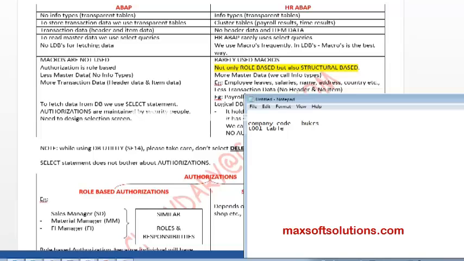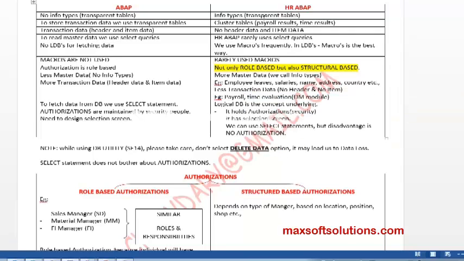If you want to access company codes, then we go for T001, which is a transparent table, and definitely we need to go for the selection statement here. Company codes cannot be found in infotypes. Even if you find it in infotypes, the check table would get the T001 table. So that's why sometimes we go for transparent tables.